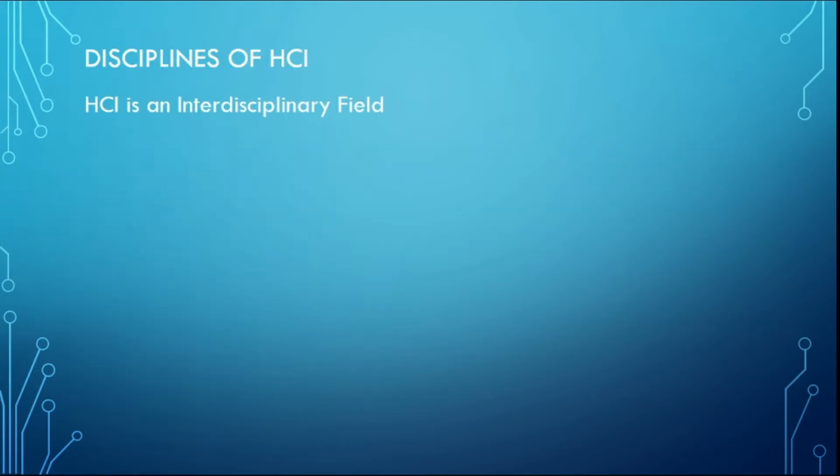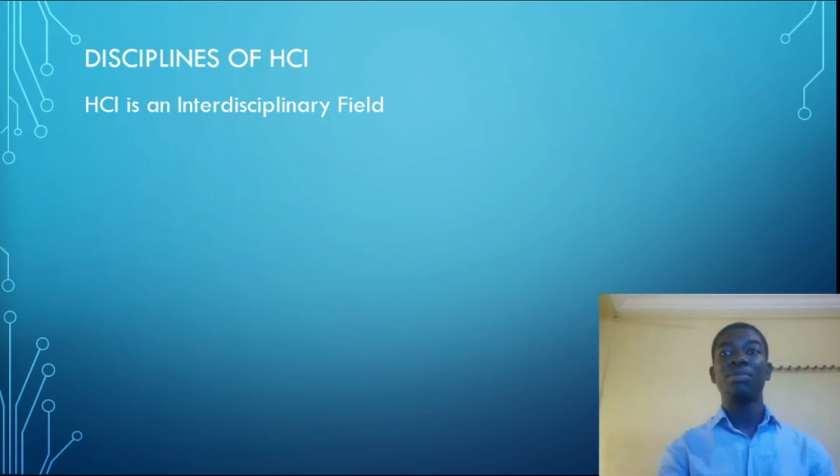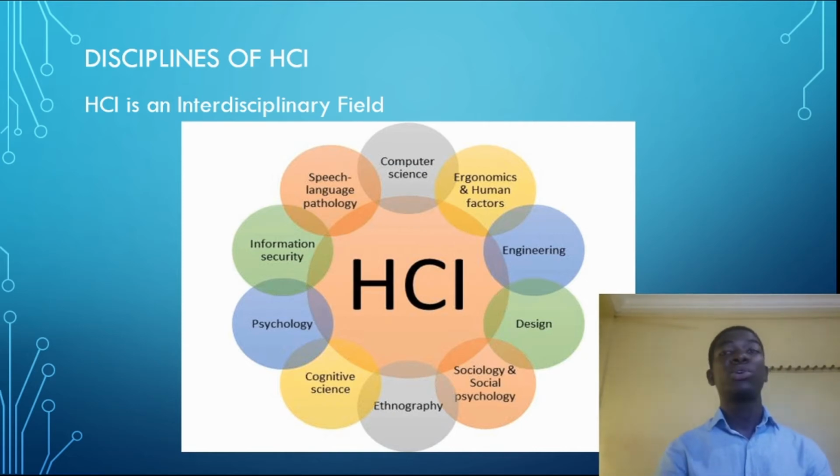All right. So the next thing is the disciplines of human computer interaction. Human computer interaction is actually an interdisciplinary field. What do we mean by interdisciplinary field? It simply means it comprises a whole lot of disciplines coming together to form this thing. So these fields include